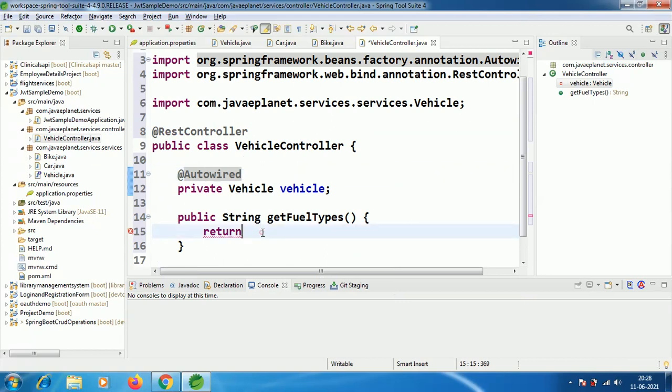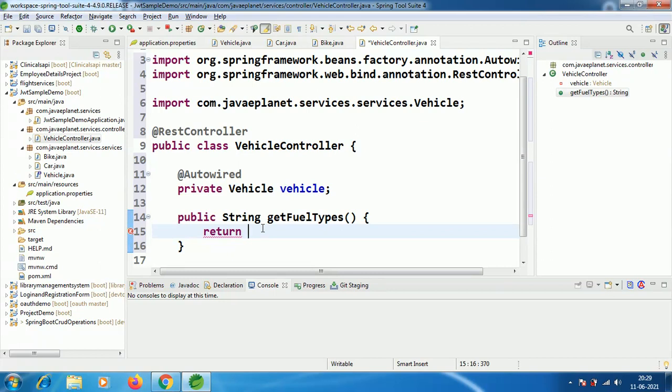Now we have injected this interface in the controller class. Take the return type as String.